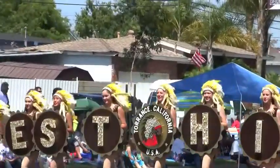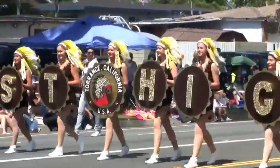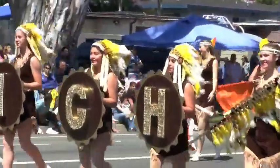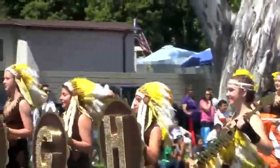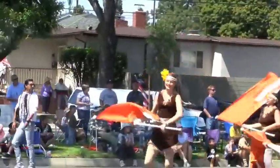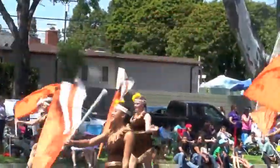This is the West High Entertainment Unit. It's one of the most widely traveled musical organizations in the Western United States. They have performed in 19 foreign countries and travel to Europe every 5 years. The entertainment unit consists of top honors competitions throughout Southern California and has a